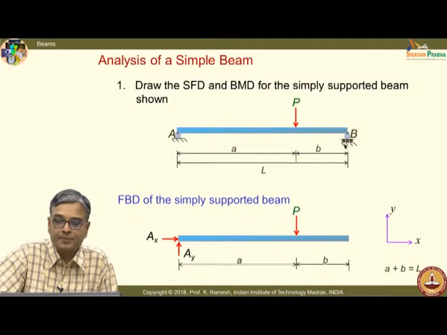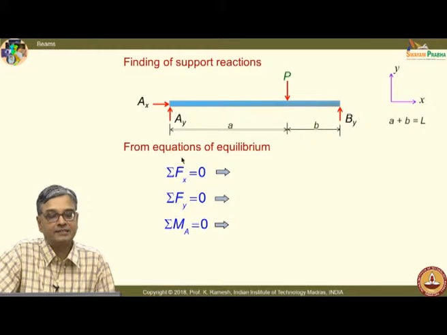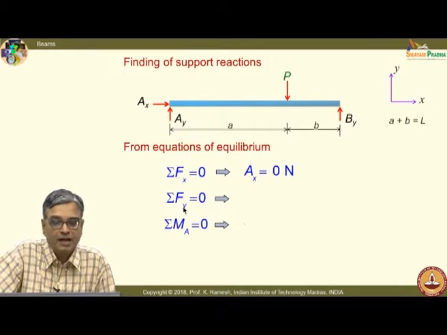And how do I replace the support at B? It is a roller support. So, I have only one reaction, R By. So, I can use the equations of statics. When I say sigma Fx equal to 0, that gives me Ax equal to 0. I say sigma Fy equal to 0, that gives me Ay plus By equal to P. And I can take moment about any point. I take it about point A. When I take it about point A, I have the force P and I have the reaction By.